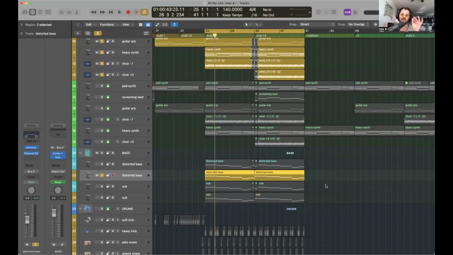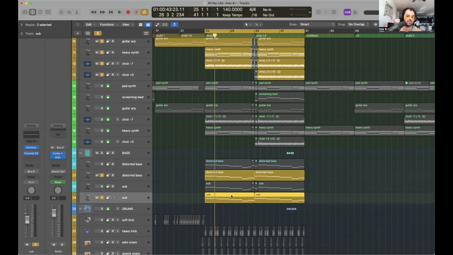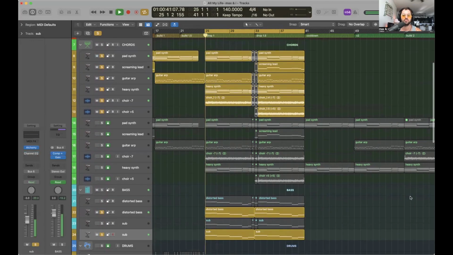So we're doing just a little bit of mixing just to kind of situate this before we even get to mixing. I don't want all these things blowing up my master level or my project volume. These are just quick fixes to make sure we can keep going without any kind of problems. So we have our distorted bass with an EQ on it, our subwoofer with no EQ on it, and then together with the chords,